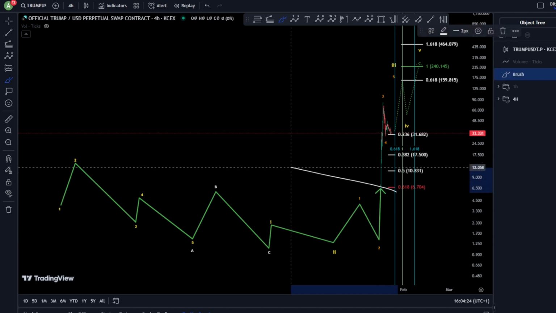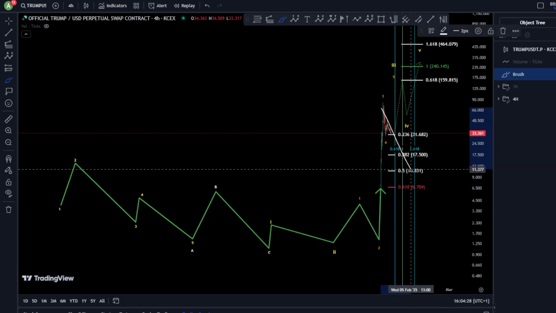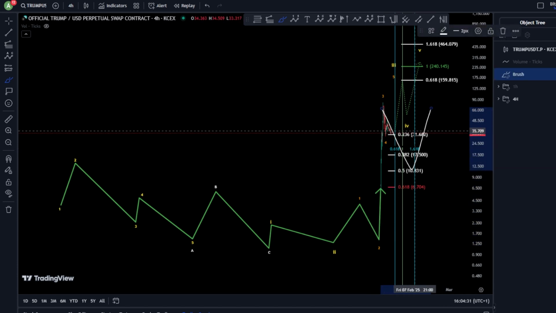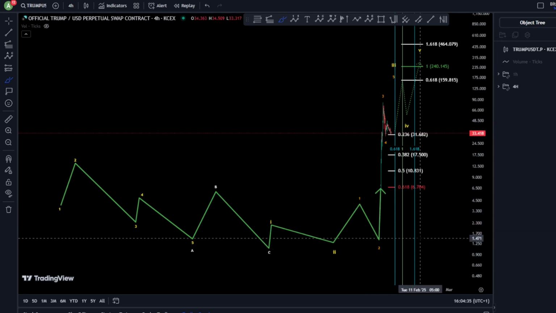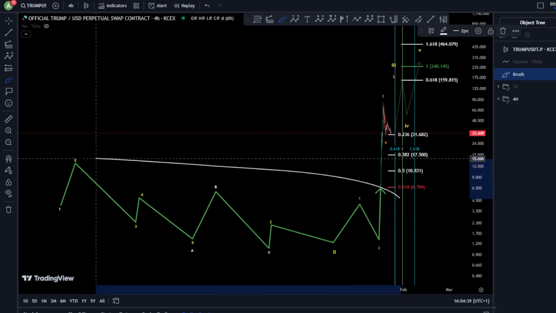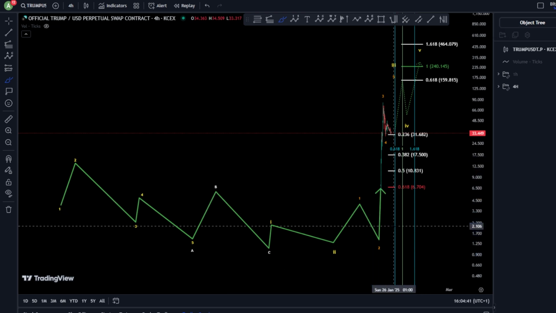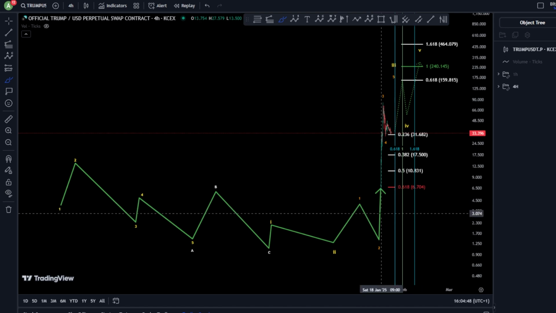Maybe psychologically they removed this so it doesn't create so much fear for the traders that this is the bottom, that we're coming back to the bottom. Psychologically, when you look at the chart, this is what you will get. So probably they tried to remove the fear a little bit once you look at this chart. However, I don't want to enter into this debate, but there is no reason to remove it.